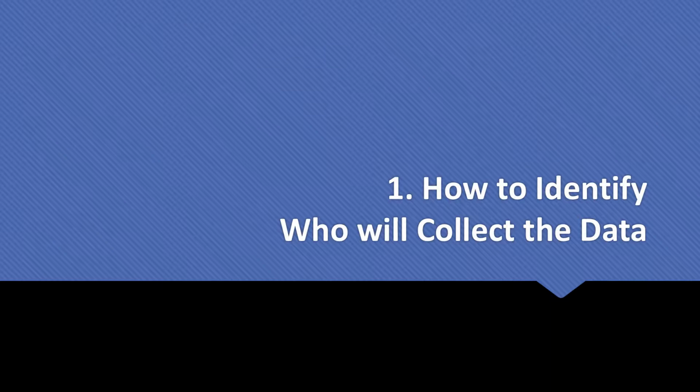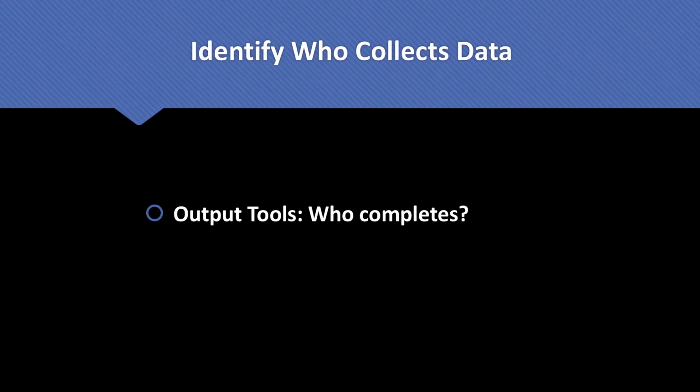When identifying data collectors, consider what other opportunities and constraints individuals or groups may have. Staff capacity or the desired process may drive decisions on who takes which roles. For example, a key staff person may not have the time to take on all the data-related roles. Also, in many cases, it is desirable for the person collecting data to be different than the person verifying it. It's important to identify who will collect your data for both your output and outcome tools. Different people may be responsible for different tools.